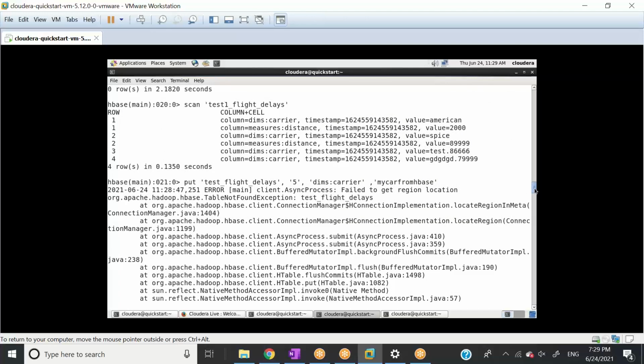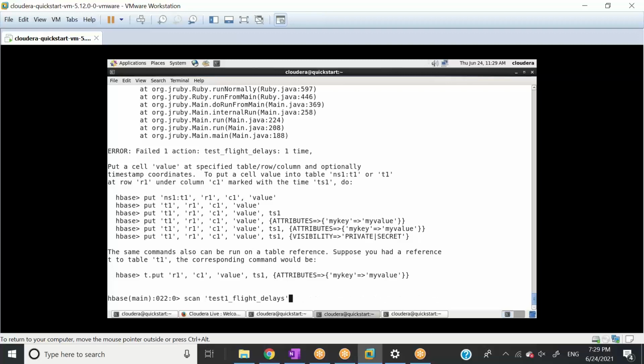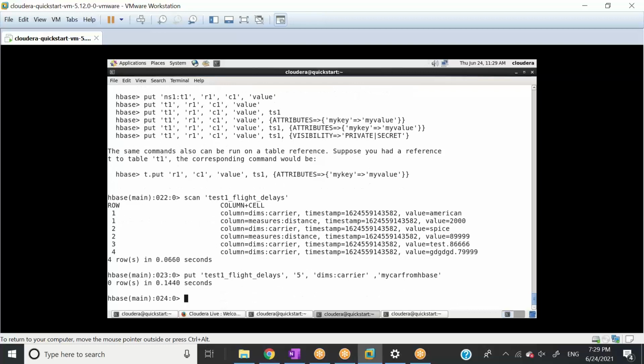Failed to get region, table not found exception. Okay, one second. So scan this. Okay, this is good. Oh, sorry, my bad. Test1 should be here. Test1. Okay, this is good, right?